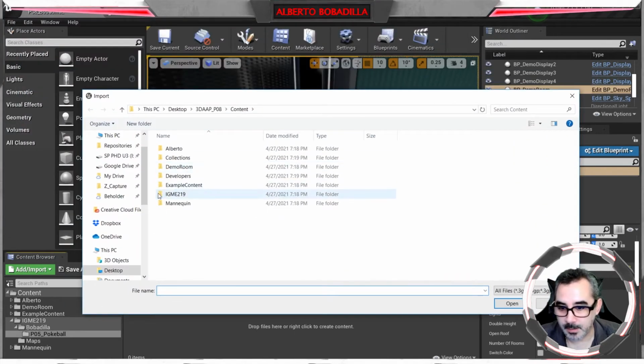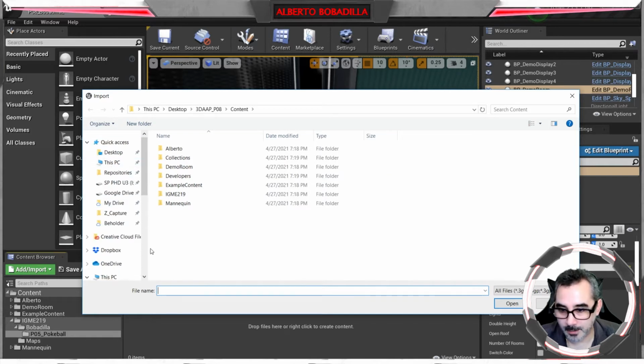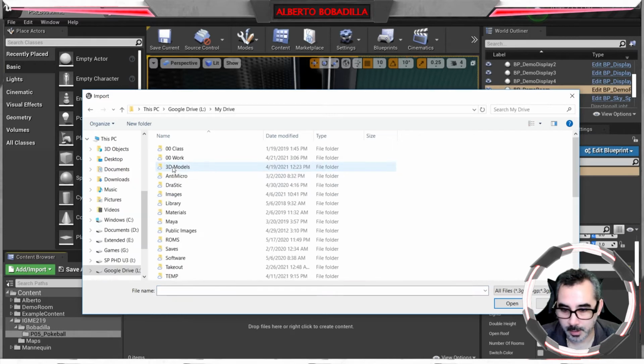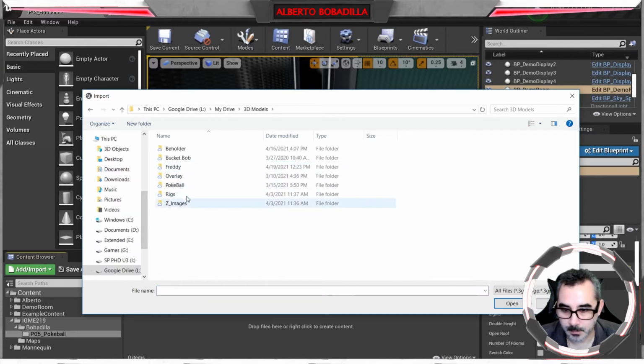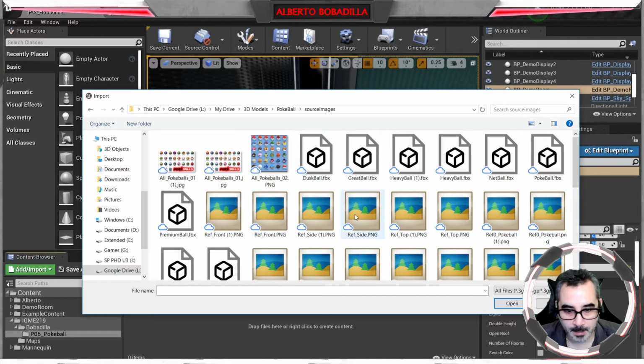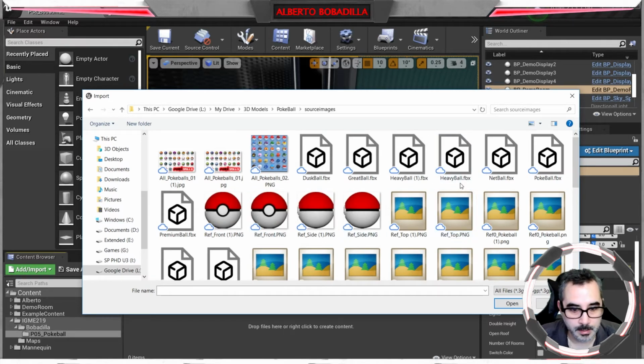That is going to ask, where do you want to look for the file? Now, in my case, I know that I have to look for it. So I think I have it in my Google Drive and 3D models. Yeah, there you go, Pokeballs. And I need to look for my images first. So that's the first step for me. It's going to go source images. And I know that I imported